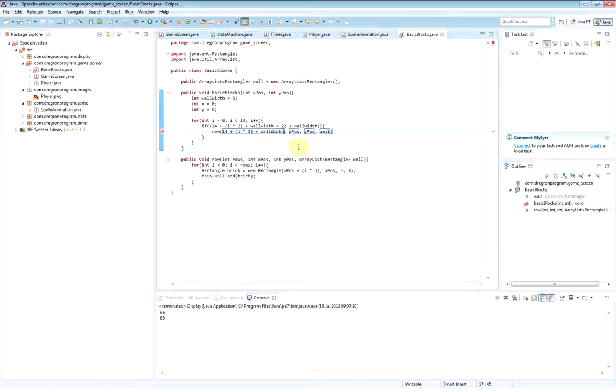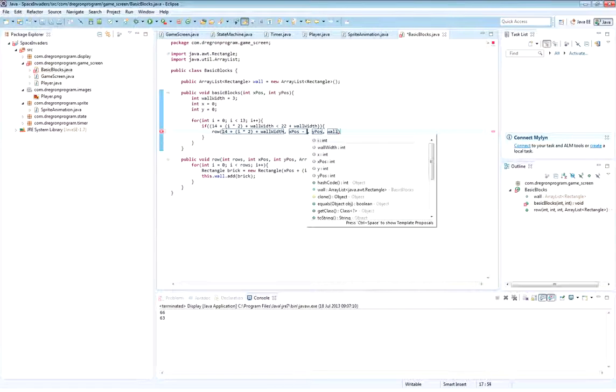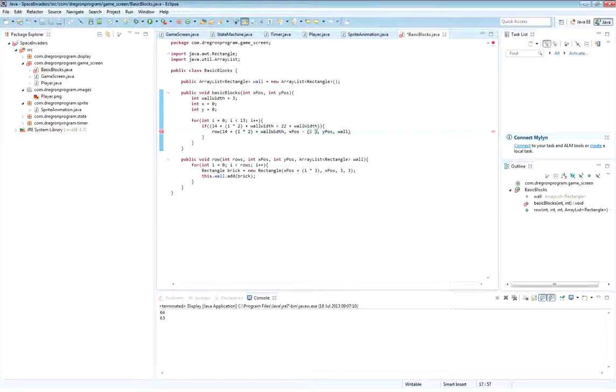So we have to take into account the wall width. And then we have to find the X position, minus I times 3. Y position. The Y position will increase as the